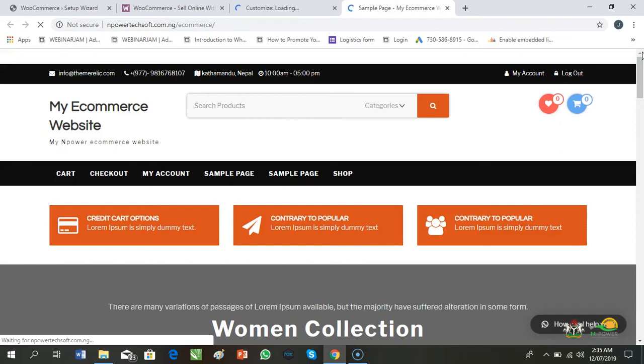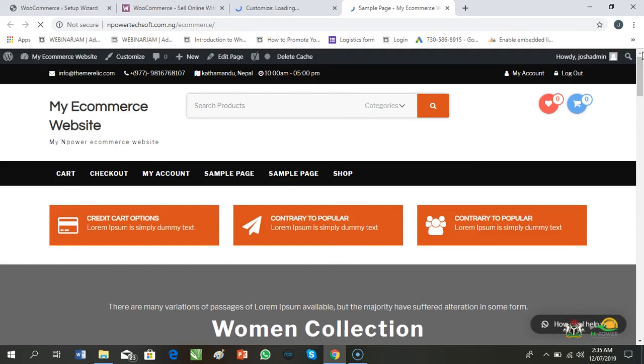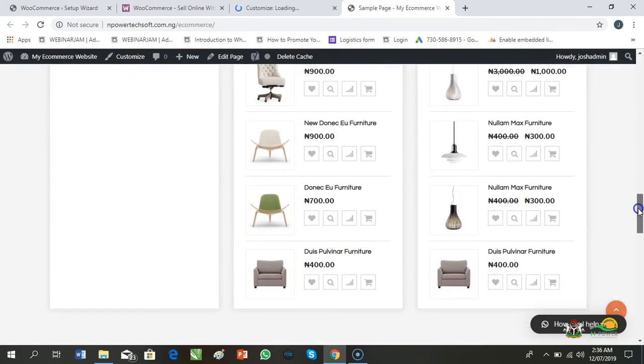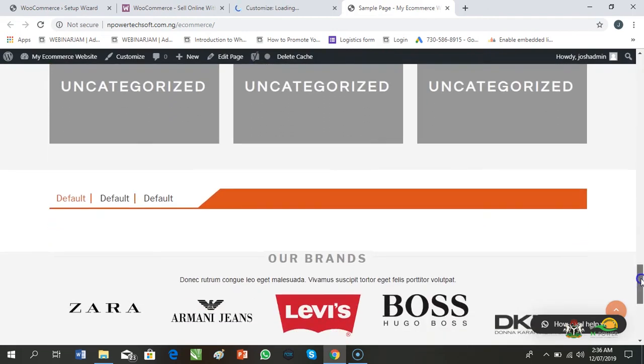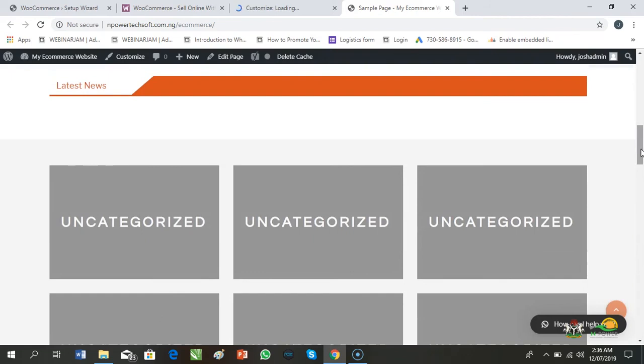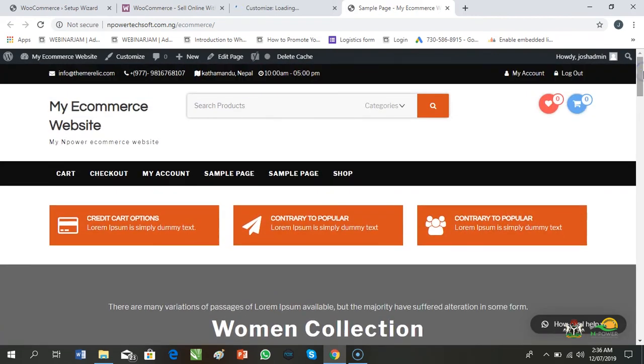Since we had initially installed the other themes, this website is now properly functioning very well. In fact, we can begin to sell. We are still going to come here to start changing these things.